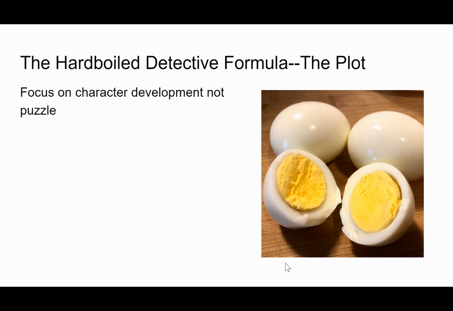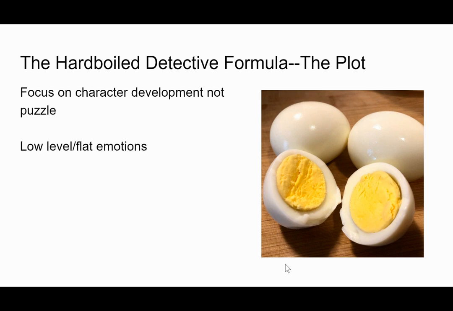The focus here is not the puzzle. The focus here is the character, especially the detective. Usually, there's some woman involved. The detective is traditionally male, so there's some woman involved. And usually, there's going to be some sort of relationship during the course of the novel or the course of the movie. And so you have to figure out how the woman plays into the detective's solving of the crime. And usually there are a few other sidekicks who help out a little bit. But the focus is on who these people are, not on the puzzle of the crime.